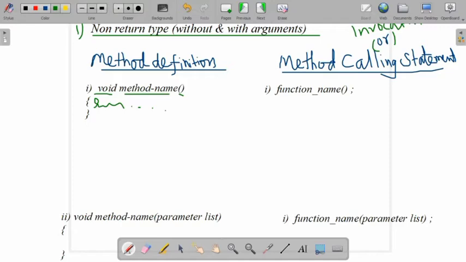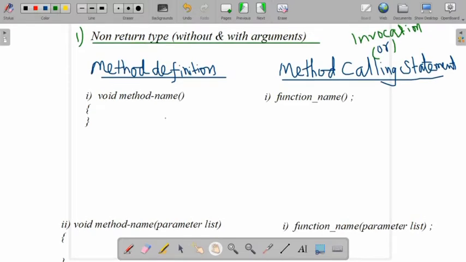Then after defining that method, we need to call it. For calling, we have a syntax, the method invocation or method calling statement. For this non-return type, simply we call by the method name. Only the method name is required for non-return type without arguments.